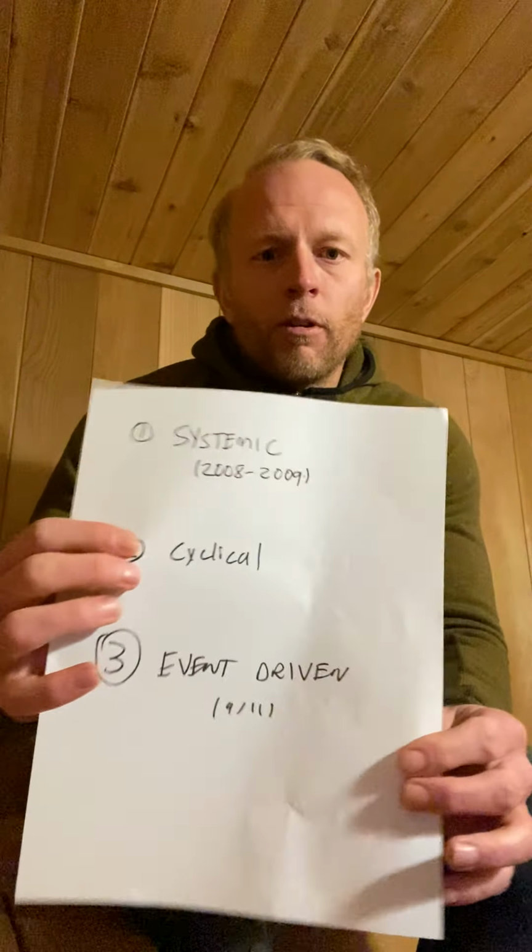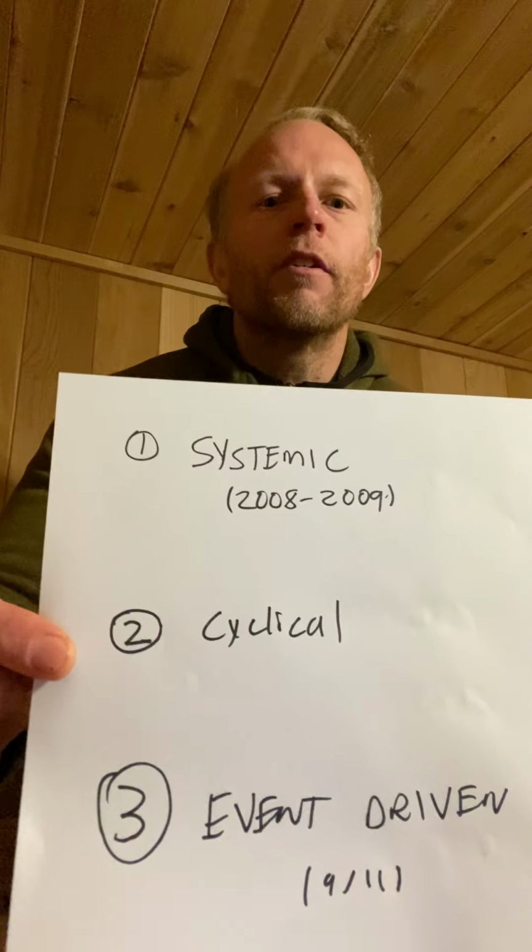I've had conversations with many of you up to this point, either through text or by phone or in person, about some of the different things that we're facing, but I thought it would be helpful to review the three different types of corrections that we see. Number one is a systemic failure, and this is similar to what we saw back in 2008 and '09 with the collapse of the banking system. We call this the housing crisis, the mortgage crisis. Really, it was a collapse of our banking system itself, and it was flawed.